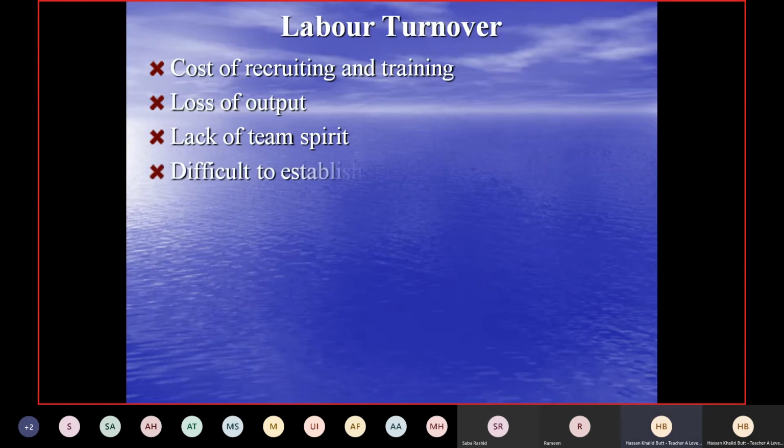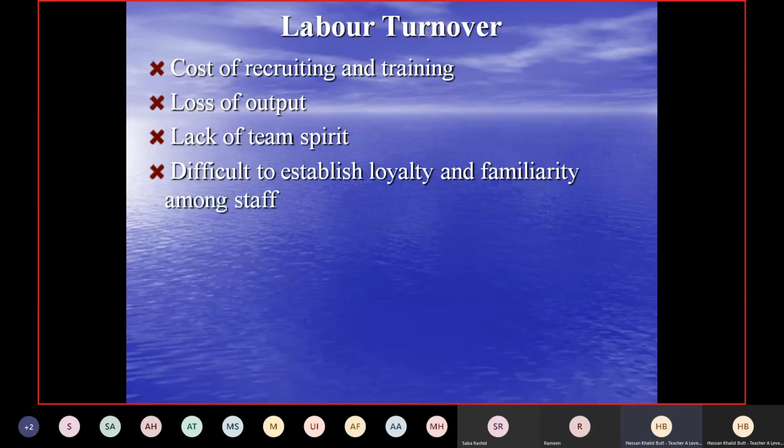All right. Then we have difficulty establishing loyalty and familiarity among them. I think you can develop it in that way as well. I just mentioned the same reason. Loyalty and familiarity come when employees work in an organization for a long time period. Let's say 14 years, 15 years, 20 years, right? So we call such employees loyal. And everybody knows about them as well: the management, the colleagues, the staff members, everybody, right?